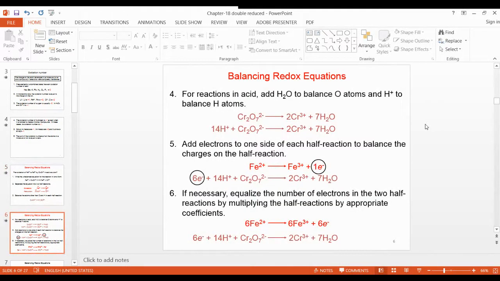The balancing equation now, first point, first you balance the metal. Second point, if oxygen is there, balance the oxygen by adding water on the other side. The third point is balance hydrogen by adding H plus on the other side. The fourth one is you have to balance the charge by adding electron. If it is oxidation, you add electron on the right side because the electron is released. If it is reduction, then you add electron on the left hand side because of the gain of electron, that is reduction. So remember these 4 points, and then you can easily write all these balancing in ion electron method.